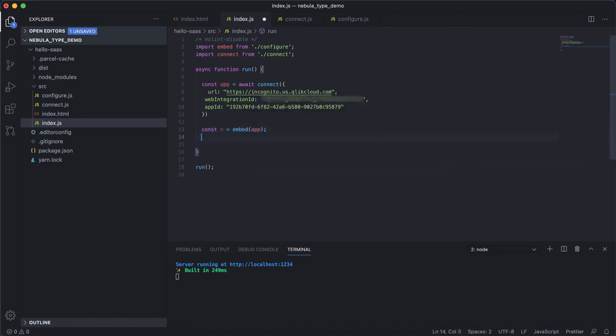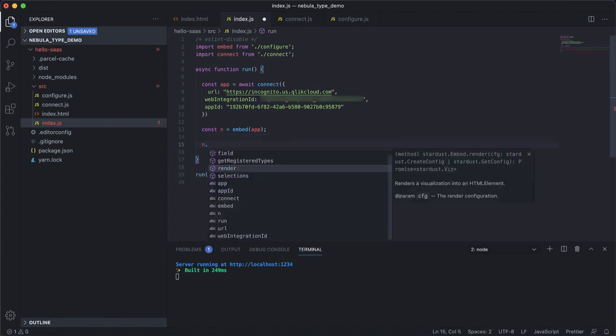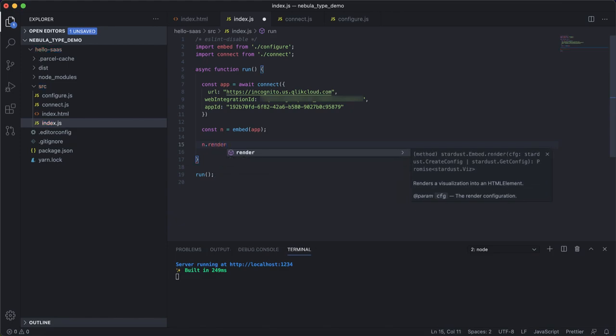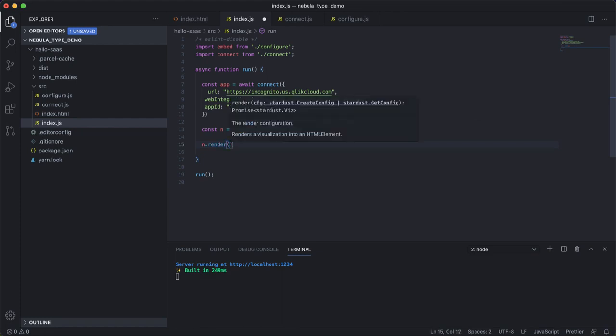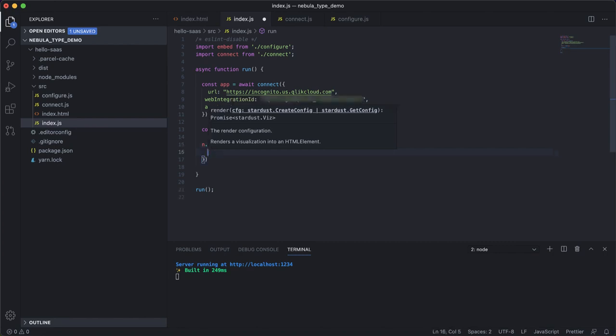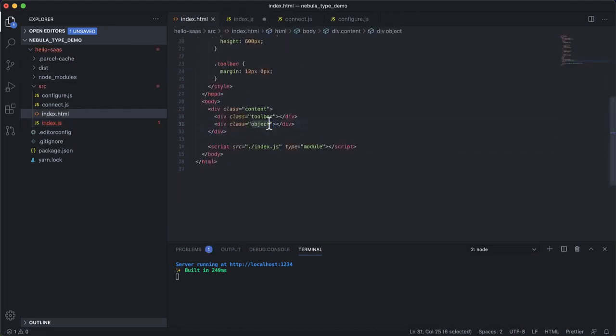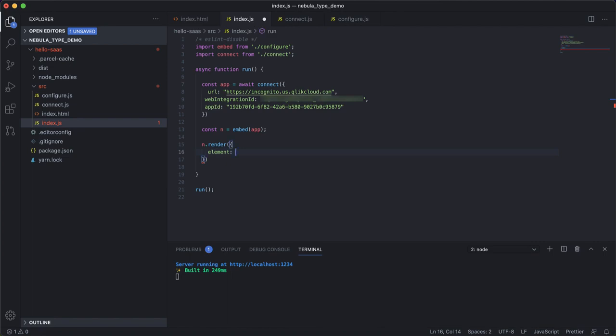The last step that remains is to render the visualization that we're trying to get, and to do that the function is render. You can see the definition as I write the code in my Visual Studio Code. The render function takes the configuration for the visualization element. What we need is an element, which I would render to this particular class in the div. So I'll just say document, I'll just copy it here.